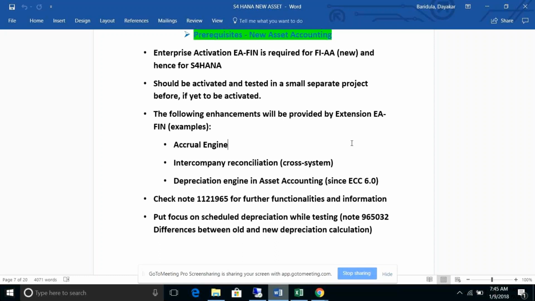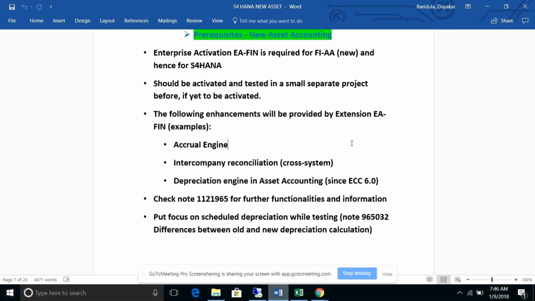You don't want to implement document splitting with new asset accounting either, that is also possible. And if in the future you want to implement document splitting functionality, that is also possible. So these are all the 5 scenarios we need to keep in mind. We should not confuse them, and we should have a very clear understanding of all these things.